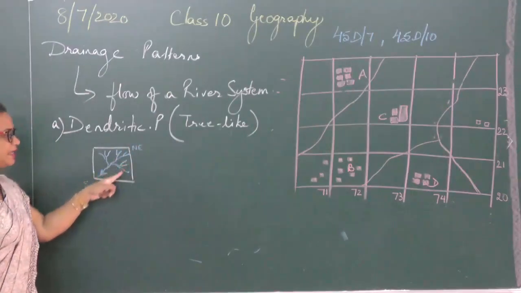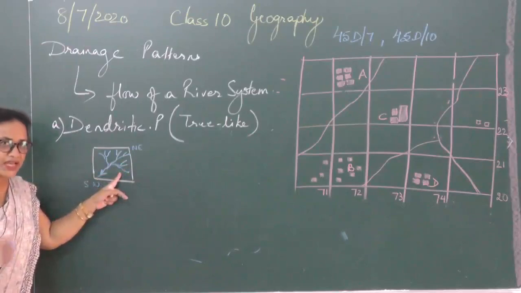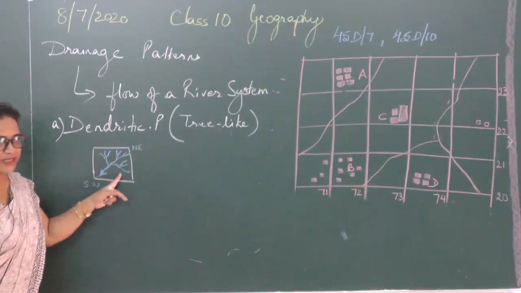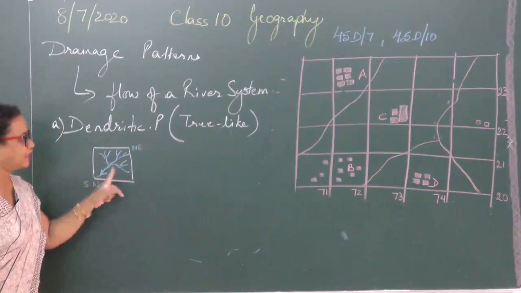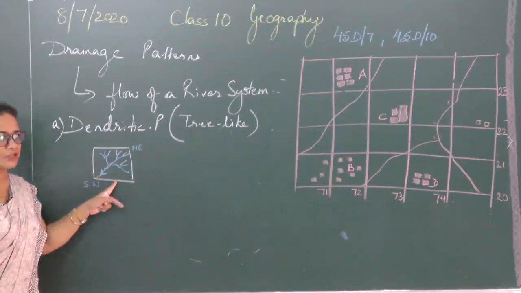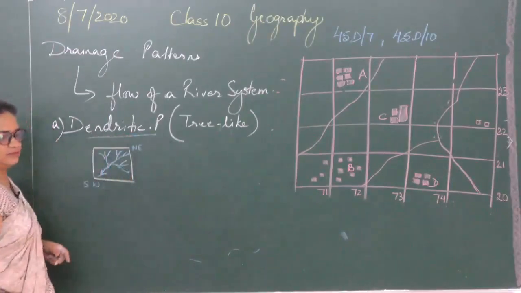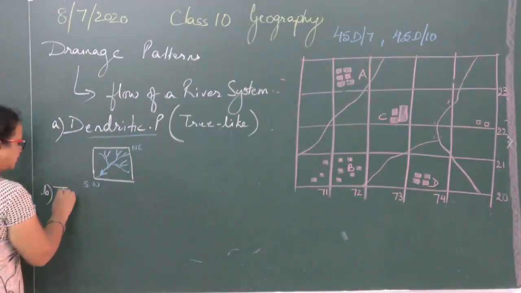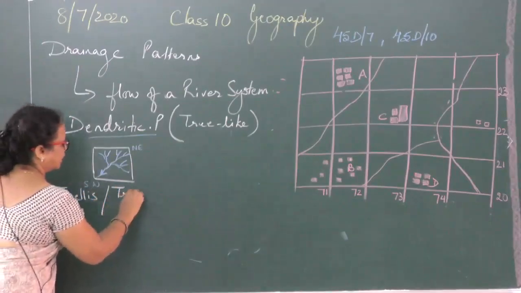From the angles we come to know the direction of the river also, if you do not have arrows marked on the bed of the river. Clear? I'll be explaining this once again, but I'm utilizing the time just now. Dendritic pattern looks like the branches of a tree. On the map sheet you will be asked to identify it, and you have to write the correct spelling. That is very important. Second type of pattern is trellis, or we also call it trellised pattern.